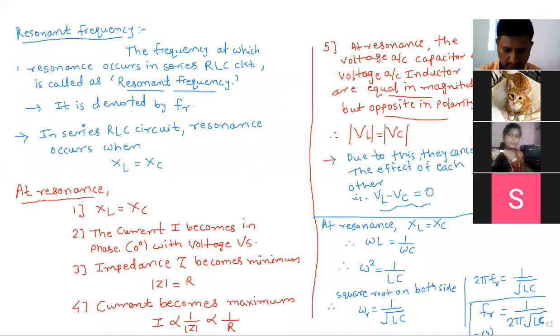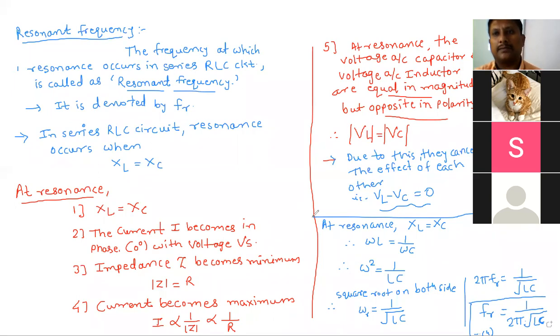Yes. Capacitor and inductance. So it depends on the value of inductor and capacitor. It does not depend on applied voltage, it does not depend on resistor, and it does not depend on total impedance. Are you getting my point? So it totally depends on the values of either inductor or capacitor or both. Have you understood? So this is the derivation. It is a small derivation, but you have to understand the concept.